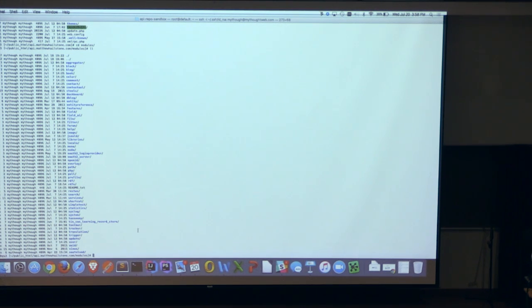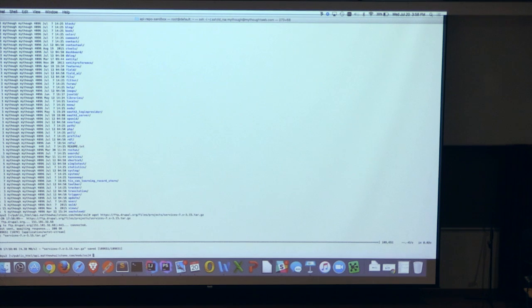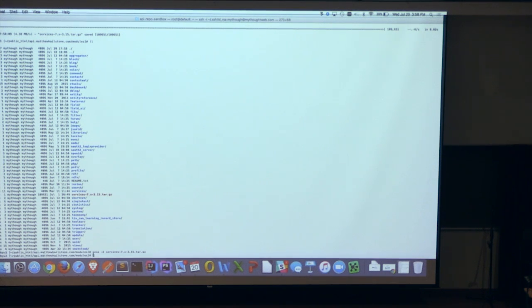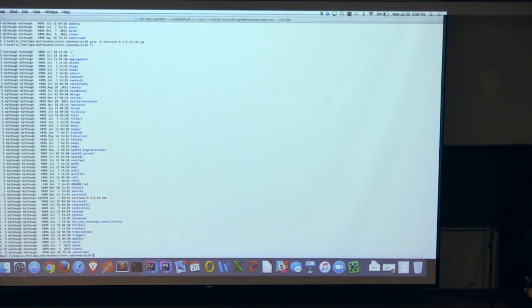So here, I can just do a wget. Now I've got the tar gzip file there. I can do a gzip -d for services, and so I got a tar file.